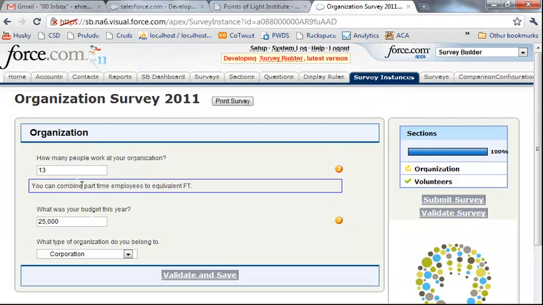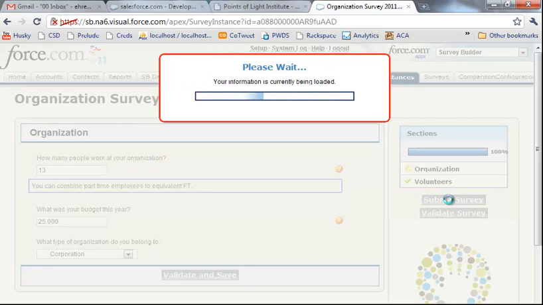That moves me back to the beginning of the survey. Now that I'm 100% complete and all the sections are validated, which you can tell by the little icons over here, green check mark means everything's great. Yellow little circle means that you're working on that current section, and blank means that it's incomplete. At any time now I can go ahead and submit the survey,